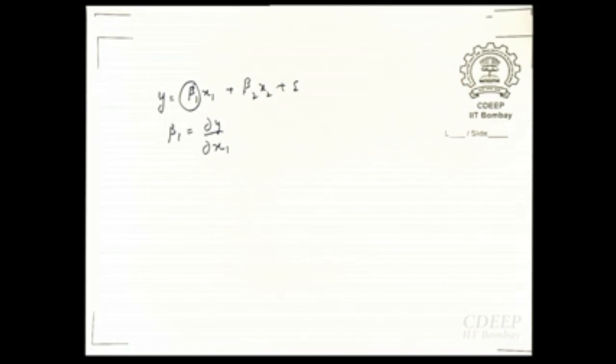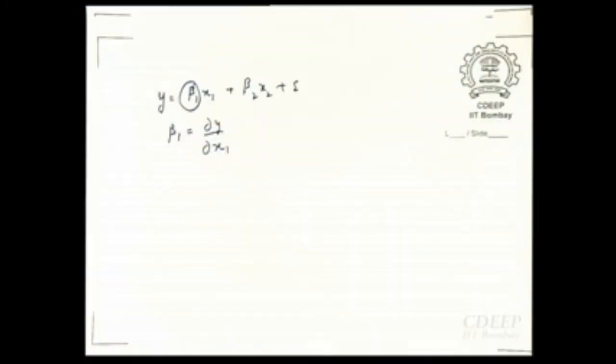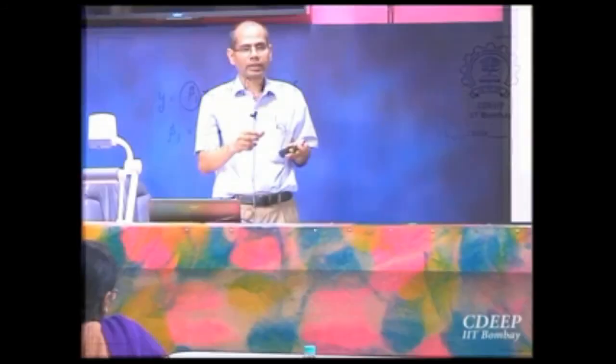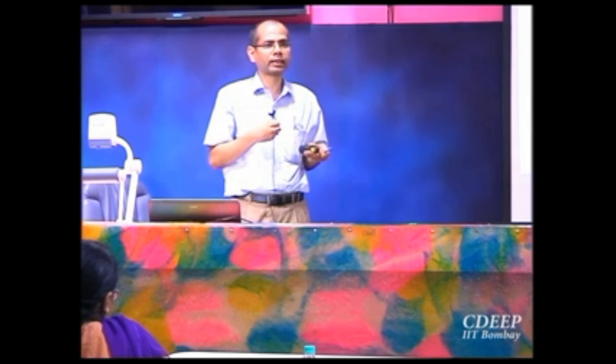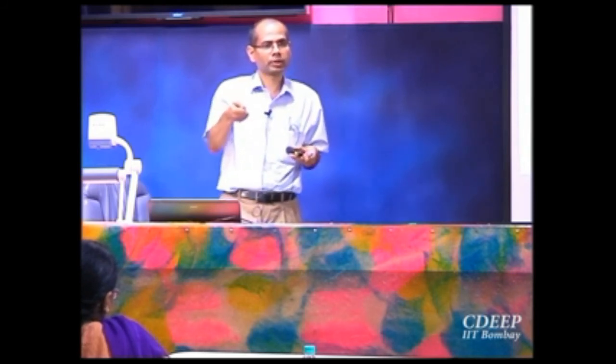I want to compute this beta 1. How do you compute a derivative numerically? I will change x1 and see the change in y, delta y by delta x. If I am not going to change x1, if I keep it constant, I will not be able to get this. It will have an effect, but what I am really looking for is this derivative. My coefficient is actually telling me the derivative: if I change x1, how much does it change y? So that's what is happening in that one-factor-at-a-time approach. x1 is having an effect, no doubt, but you cannot extract it because you are not perturbing your x1.